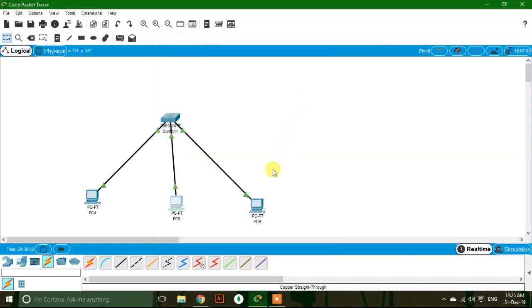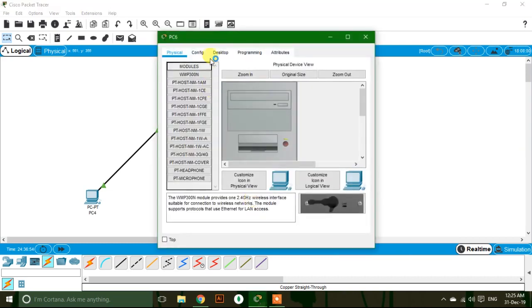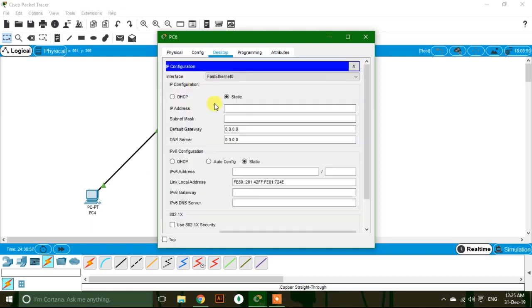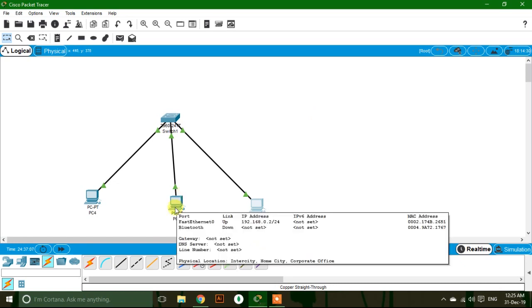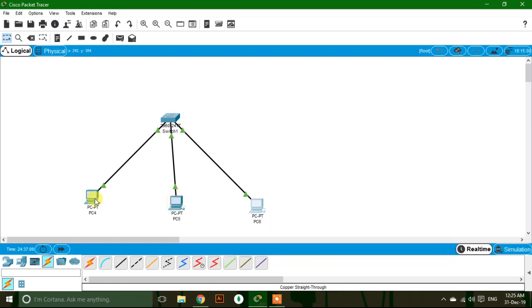You can use different network address. Now we have set 3 IP address to 3 PC.